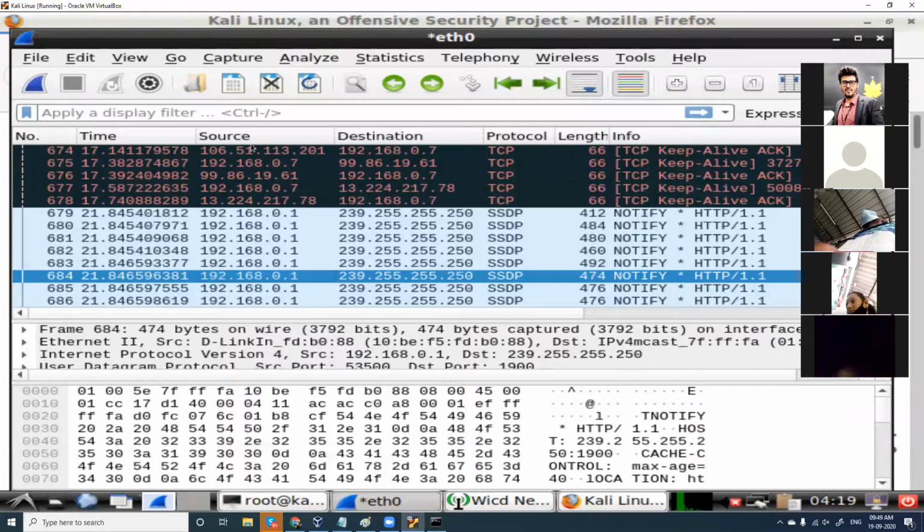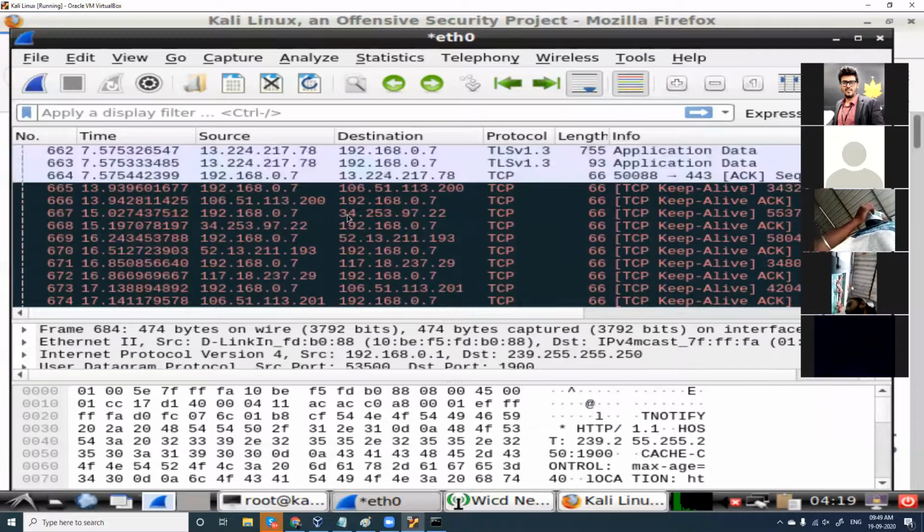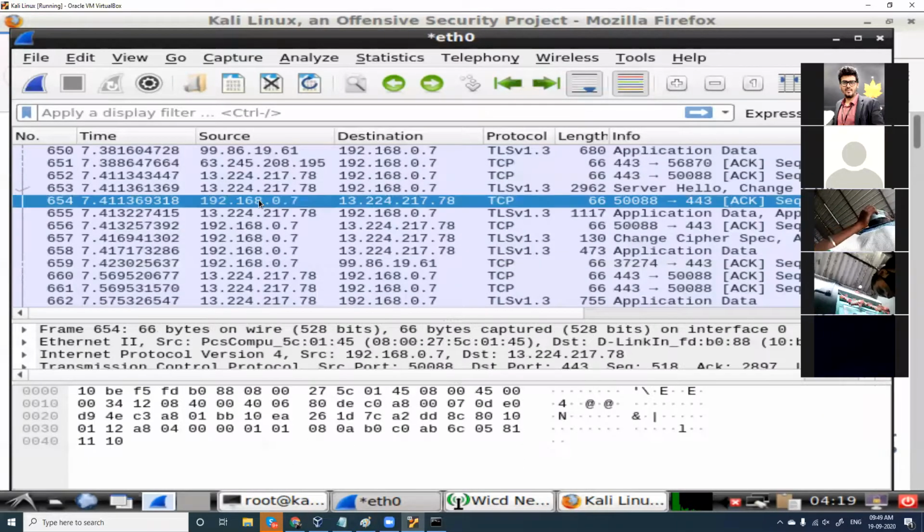We'll go for the source. This is the source IP address, and this is the destination IP address. I'll come to a packet like this. Okay, see here, 0.7. What is 0.7? 0.7 is the IP address of my Kali Linux.